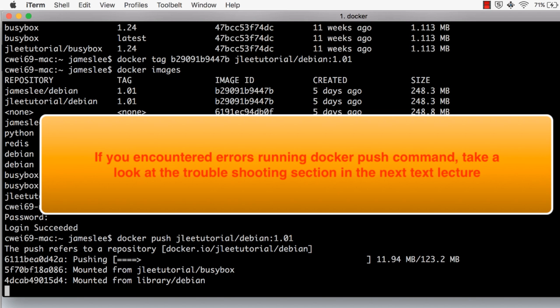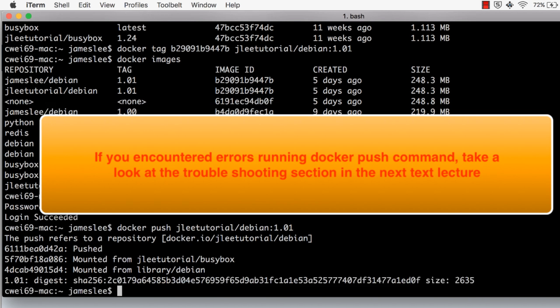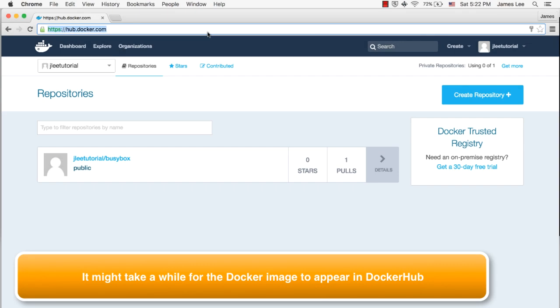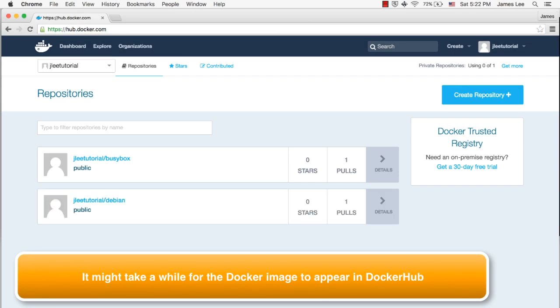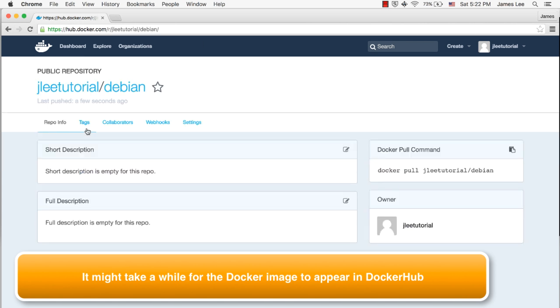This is a 250 megabyte image, which might take a while to push. I'm fast forwarding the video until the image has been pushed. This is what you will see if everything worked out successfully. Now, let's go back to our Docker Hub account and refresh the page. We can see the new image appears under my account. Now we can click the image and check the image details, such as image